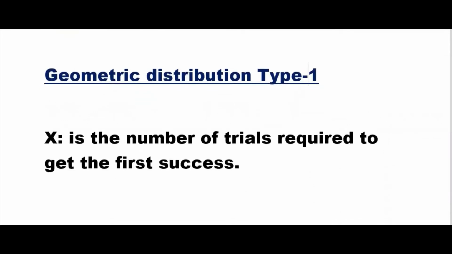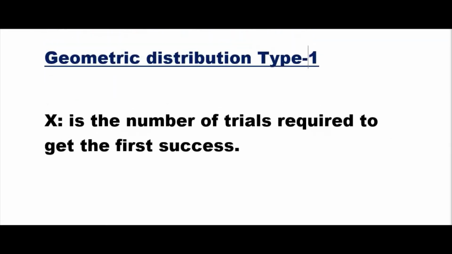We'll do geometric distribution and negative binomial distribution today. So the first one is geometric distribution of type 1. There are two types. In most cases, I can say in 80% of cases, you will come across geometric distribution type 1. In some cases, 20% of cases, you will come across geometric distribution of type 2. However, they are not independent. If you know type 1 properly, it will be very easy for you to understand geometric distribution type 2. It has applications in other papers.